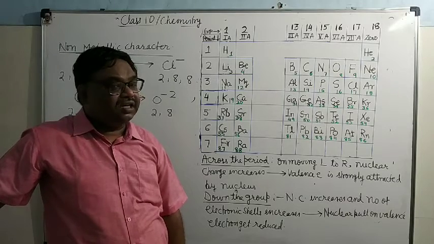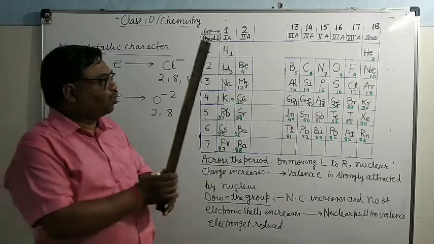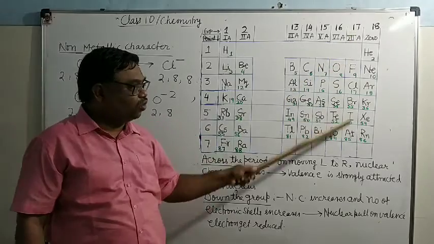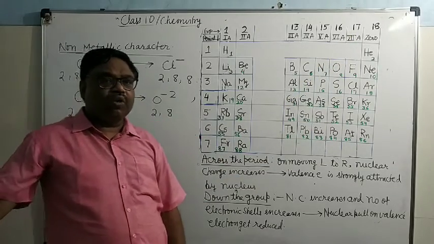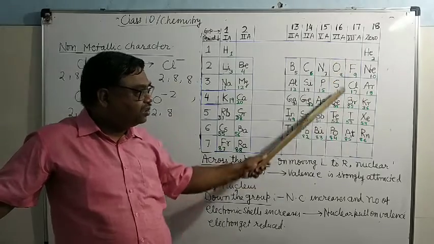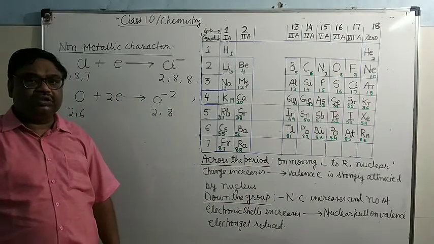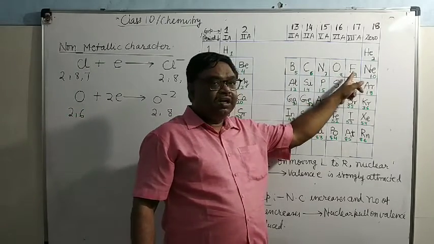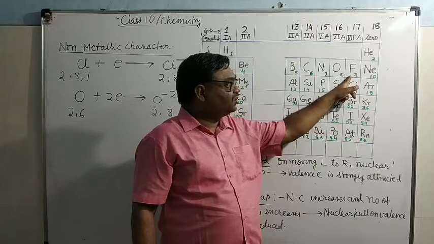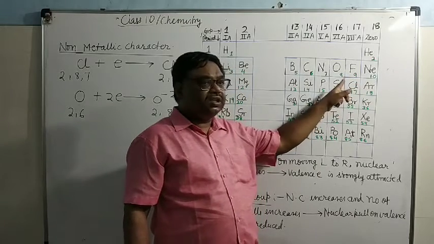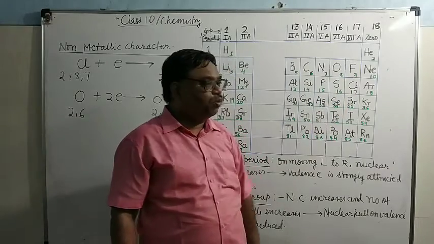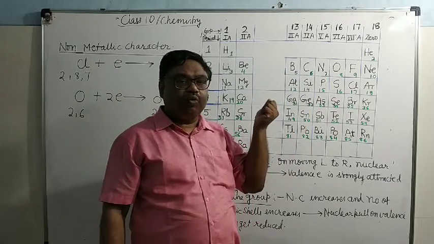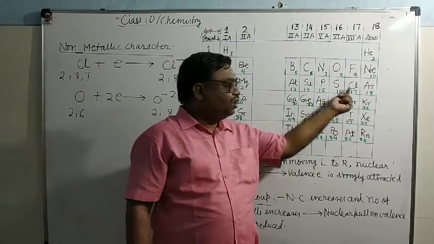It's clear? So what is the variation in the non-metallic character when we move left to right in any period? Non-metallic character increases. Similarly, when you move down the group, for example here F, Cl, Br, I, At, group 17, 7th group, which is known as halogen. When you move down the group, what happens? Nuclear pull is decreasing. Just now I told. Nuclear pull is decreasing means it will accept the electron. Fluorine will exert more force on the valence shell electron than chlorine. Chlorine will exert more force on the valence shell electron than bromine.